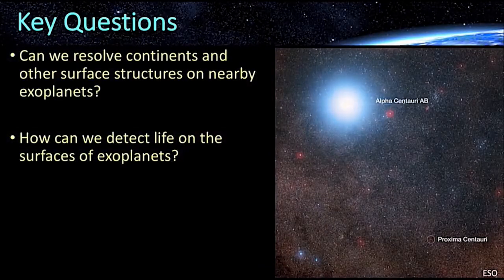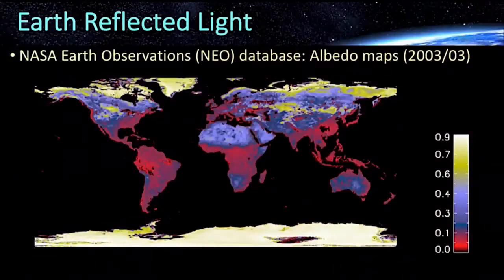And the second question is, if we can, how can we actually detect life? And would it help us to see the structures to detect extraterrestrial life? How can we test that? Of course, as we discussed, we have one example, one data point, which is Earth, and we can test everything on Earth: how we see Earth from space and from afar. So we used observations of NASA Earth Observatory,